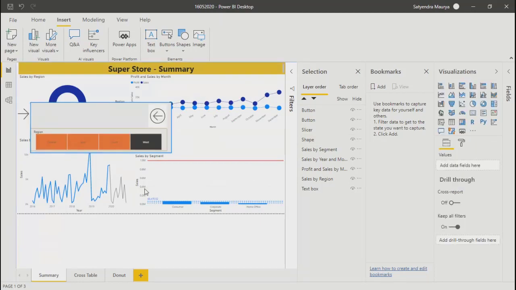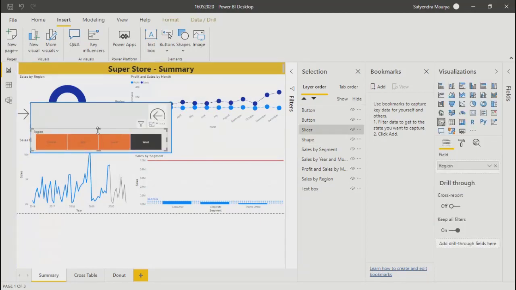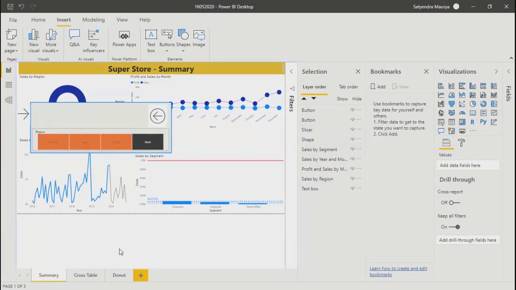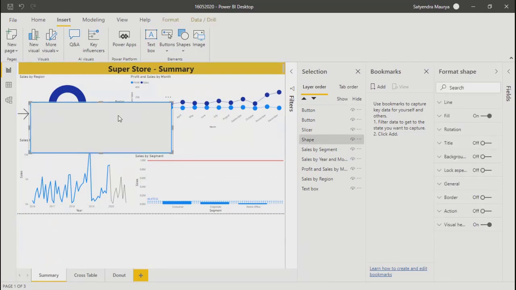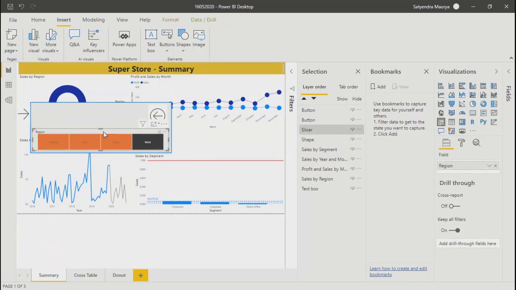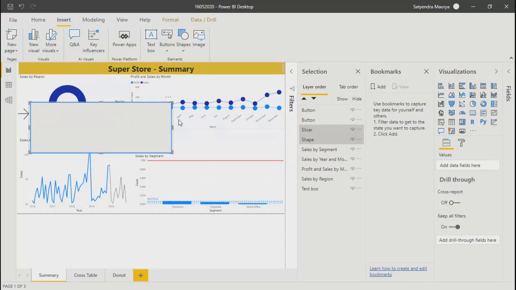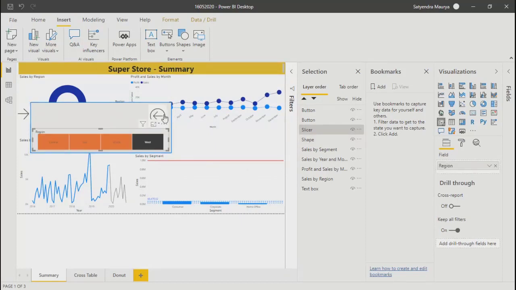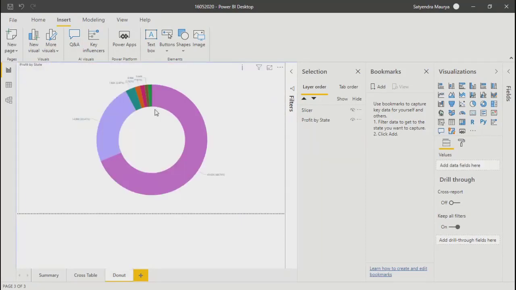So at this moment, if you see, you have these three things over here. I'm going to hold my Control button.